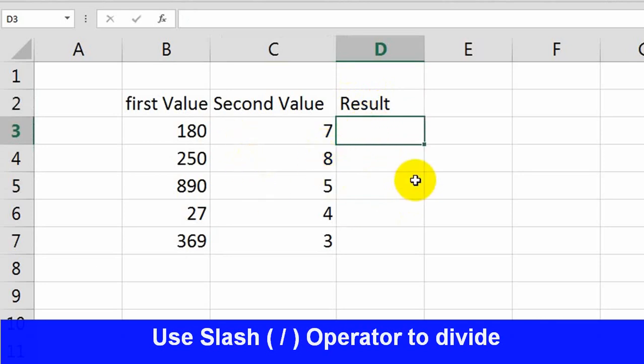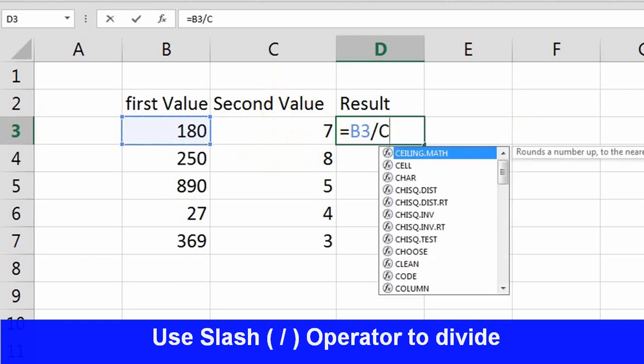Let's divide the value. Equal to sign, this value, 180, is referred to by B3. Now use slash. Now click on this value, or you can type C3.